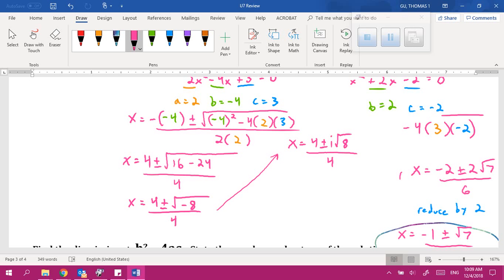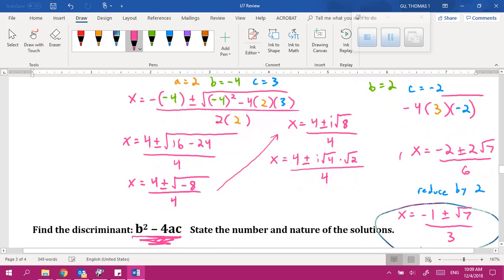You've got to simplify the square root of 8 because that's not broken down as far as it can go. What does square root of 8 break down into? Right, so now it's going to be 4 plus or minus i square root of 4 times square root of 2, because square root of 4 times square root of 2 is the square root of 8. It's all over 4. Okay, what can we do from here? Right, make the square root of 4 into a 2. So we're going to have x equals 4 plus or minus 2i